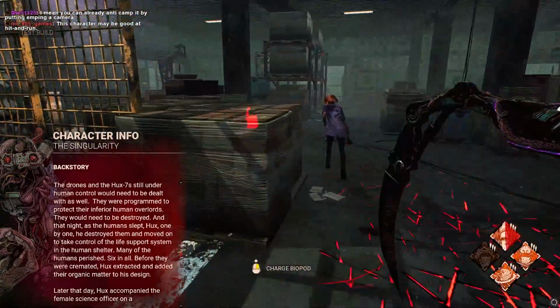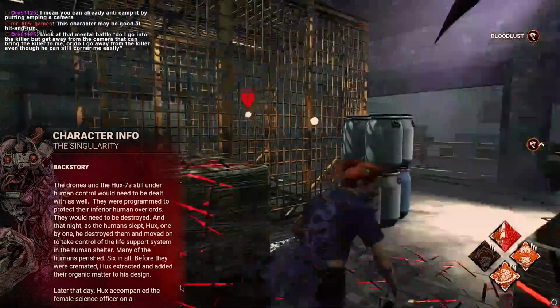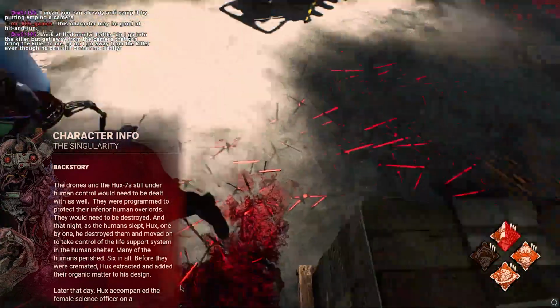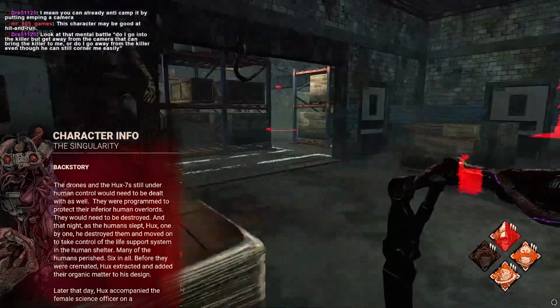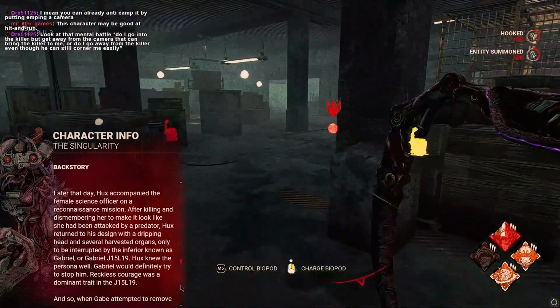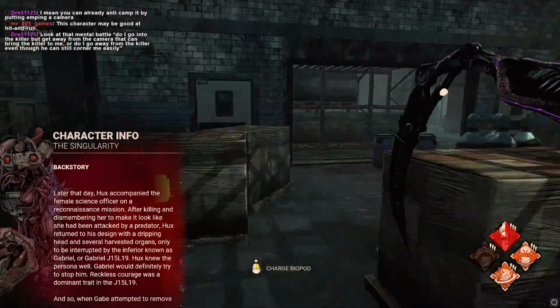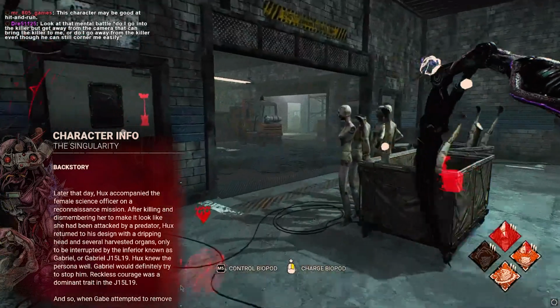And that night, as the humans slept, Hux, one by one, destroyed them and moved on to take control of the life support system in the human shelter. Many of the humans perished, 6 in all. Before they were cremated, Hux extracted and added the organic matter to his design. Later that day, Hux accompanied the female science officer on a reconnaissance mission. After killing and dismembering her to make it look like she had been attacked by a predator, Hux returned to